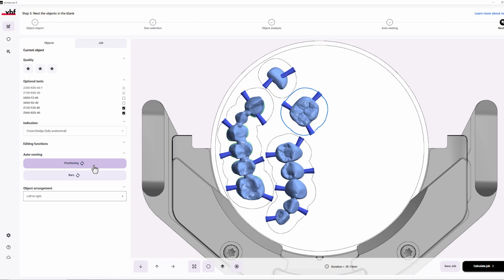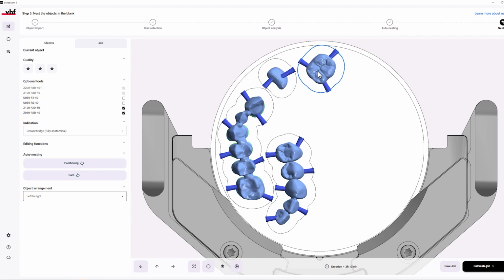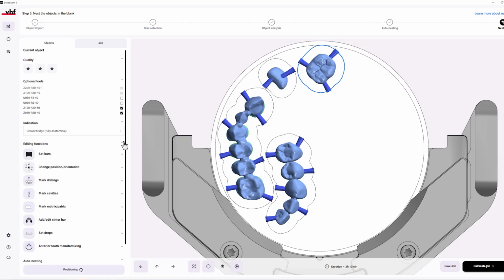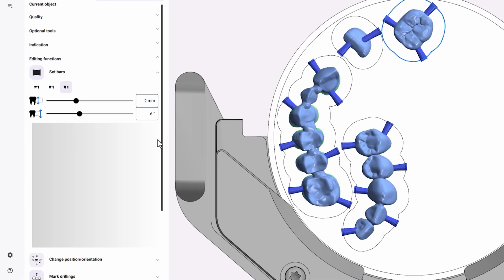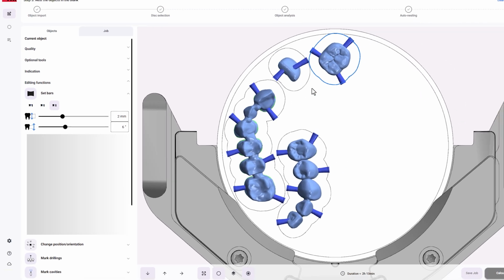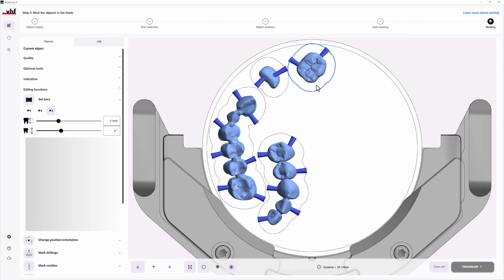You still have the option to position objects manually. You can also place bars manually. In this case, we remove an intact bar and place a new partially reduced bar.